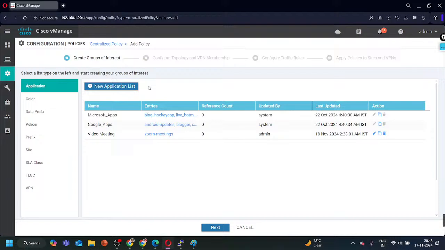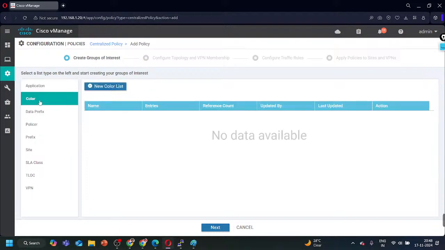As you are creating a site list, VPN list, in the same way this is the application list, and we can use the application list whenever we are matching, because there is an option to match the application list also. So we can match anything. That's why I told you, whatever you can think, you can implement it over here, because everything is there. See the groups of interest, we can create an application list, we can create a color list,